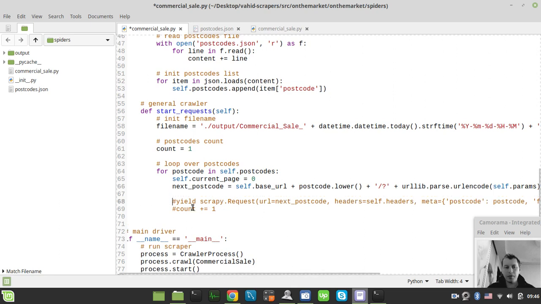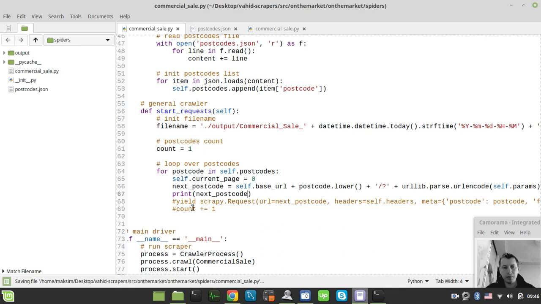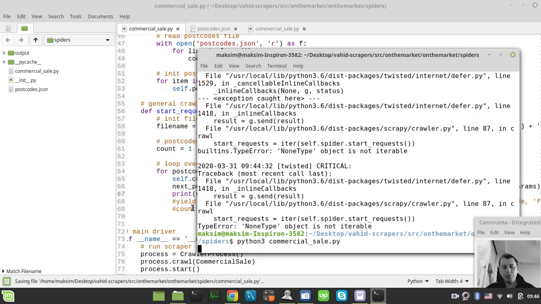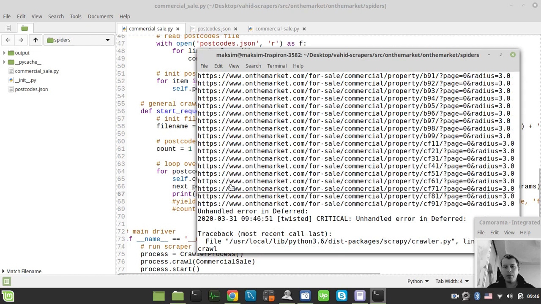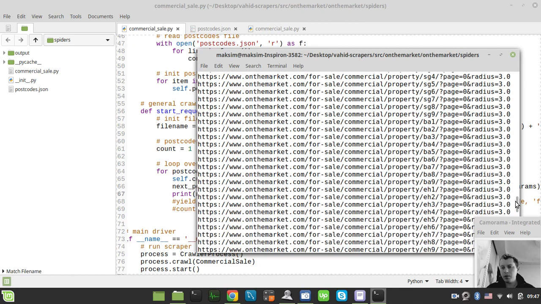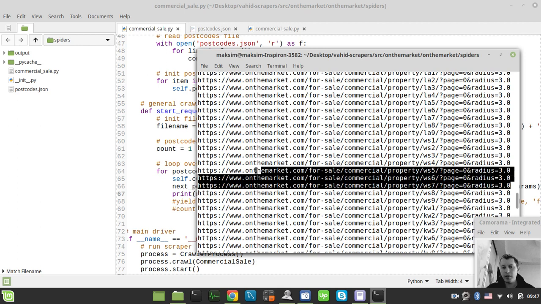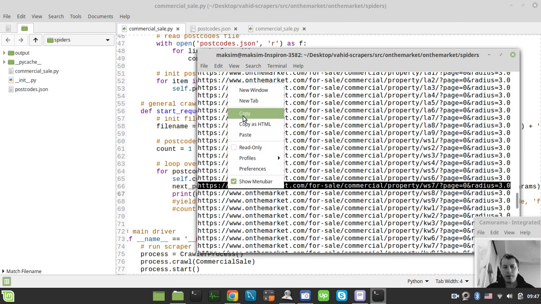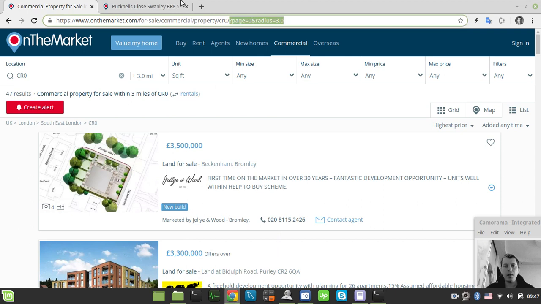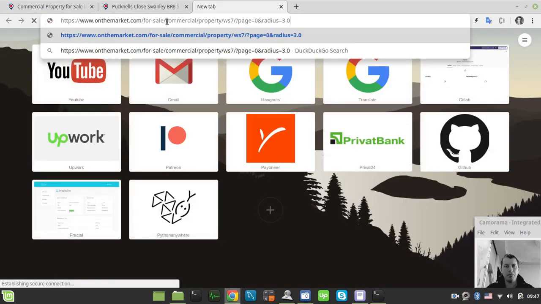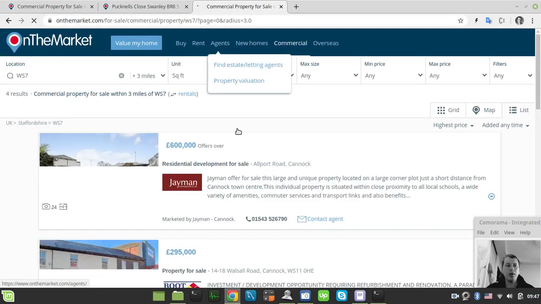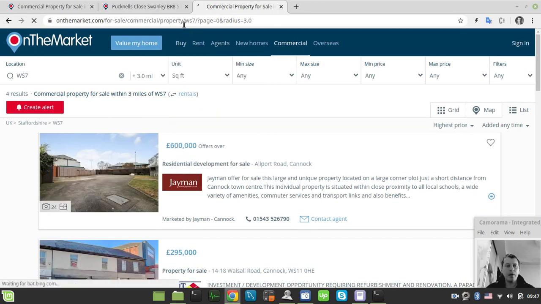Okay, probably it's time to print the next postcode URL just in order to make sure that it looks reasonable. Okay, so commercial for sale, commercial property page. Now, just in order to test whether this works or not, let's grab one random URL here and go into our browser, paste and go, and I hope to see some properties. Great, so here is the